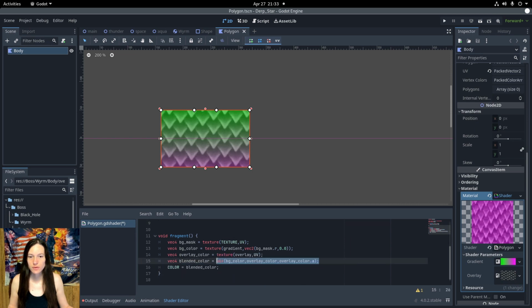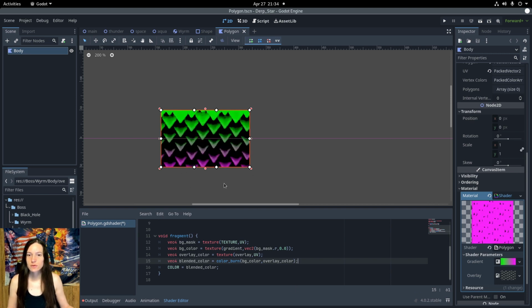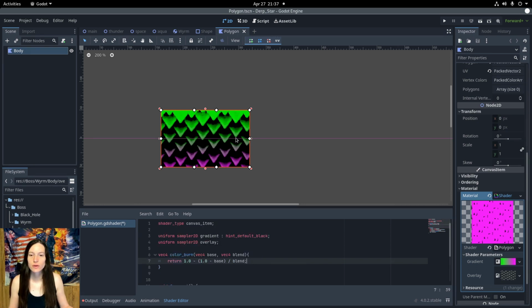And instead of using the mix, I'll use color burn, the background color and the overlay color. So it looks like this. Now this is darker than I want it to be because it's not taking the transparency into account. So